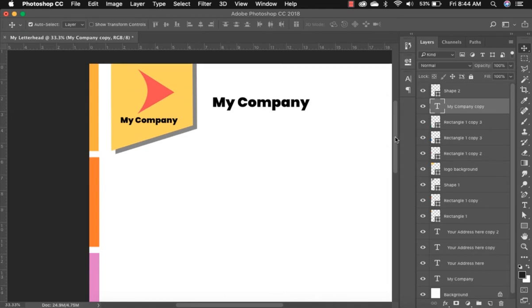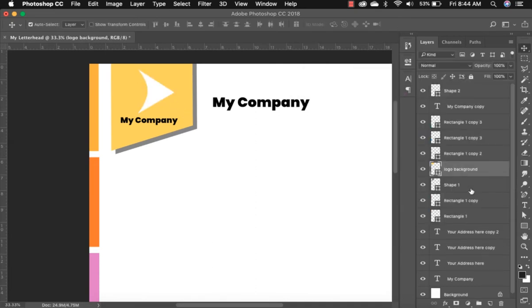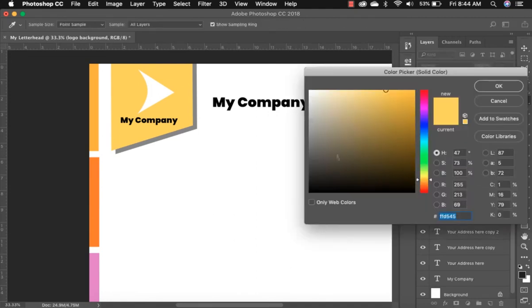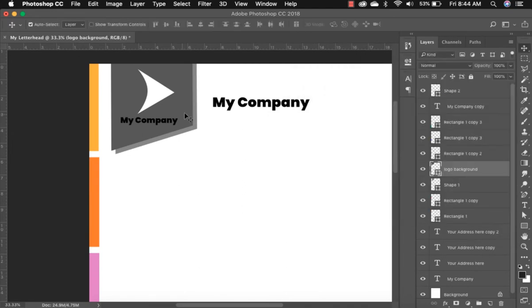Scroll up a bit. You can change the color for your logo to whatever color you want it to be. You can click on the shape, change the color to whatever color you would like it to be. Press OK,